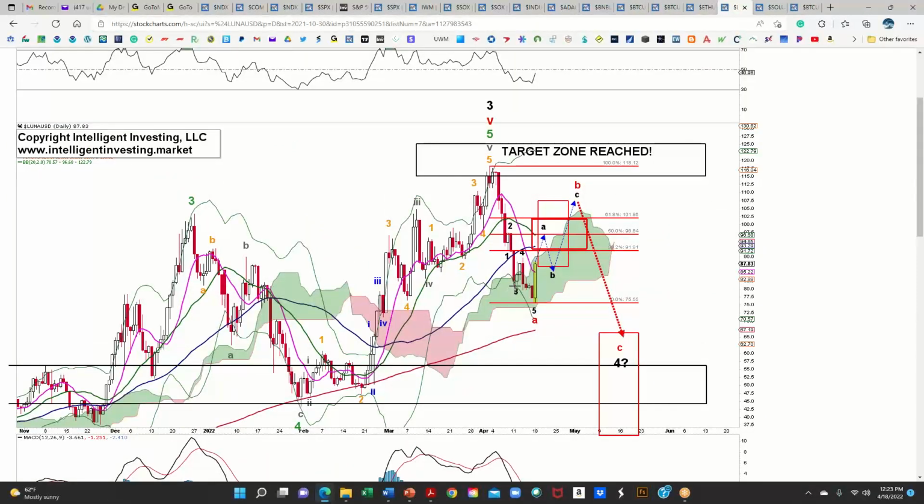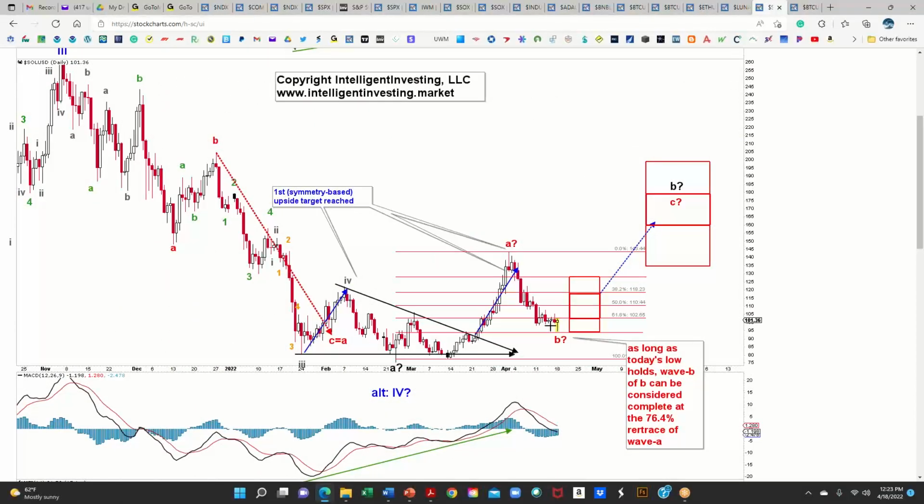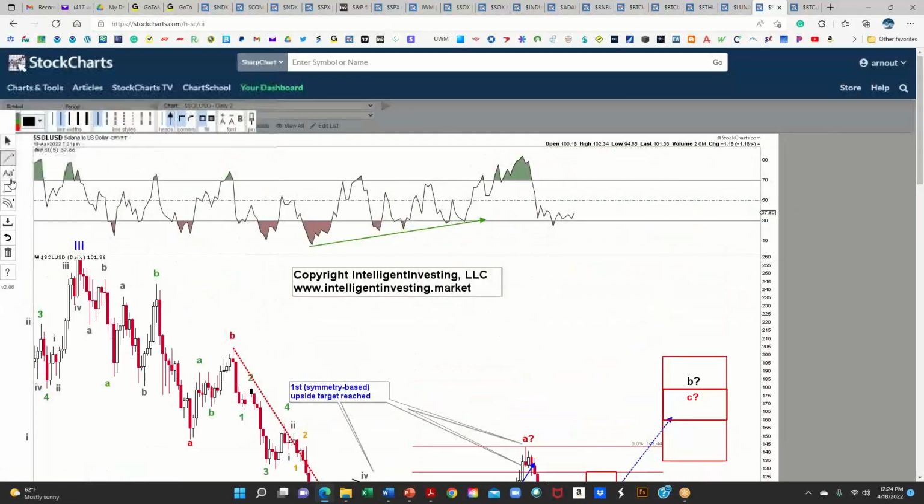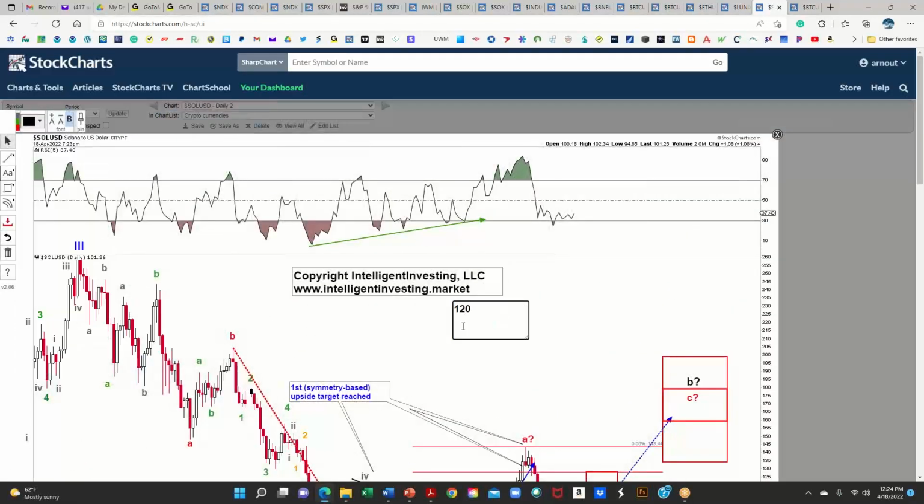Luna, same as well. Had to adjust the wave count to today's low and not yet at early last week's low. Minor difference is the difference between, I would say here, just 81 and today's low is 76. It's not that much. And it's like 5% difference. That's about it. And Solana, same deal here. Finally bottomed where it really should for an ideal typical B wave bounce. And if we can get back above, I would say 118, 120, then I think we can start looking for those upside targets. So 120.